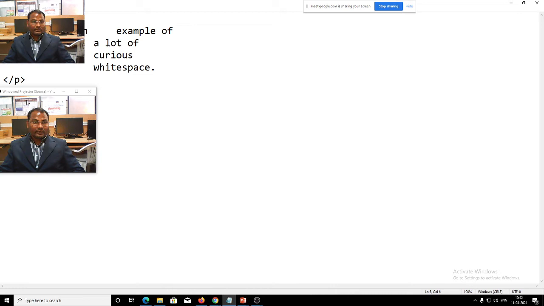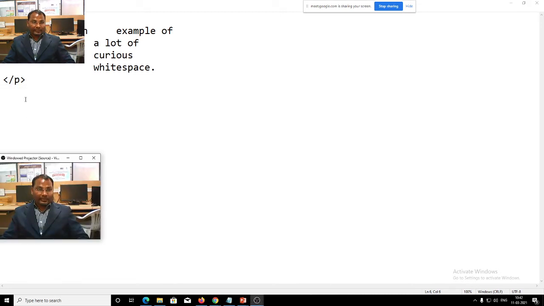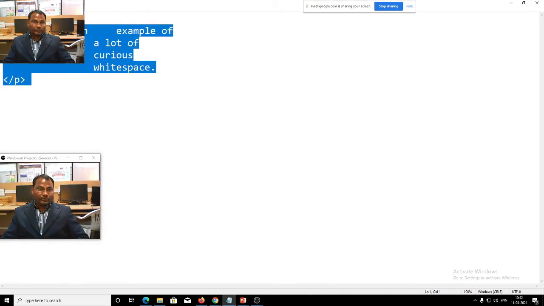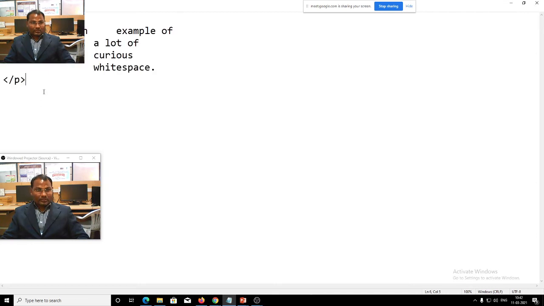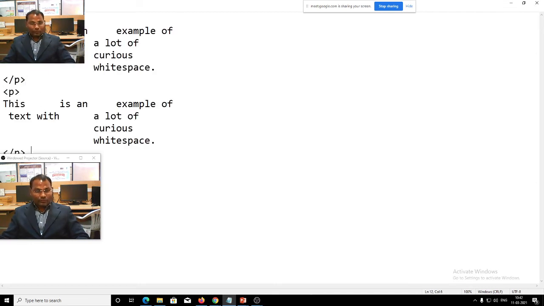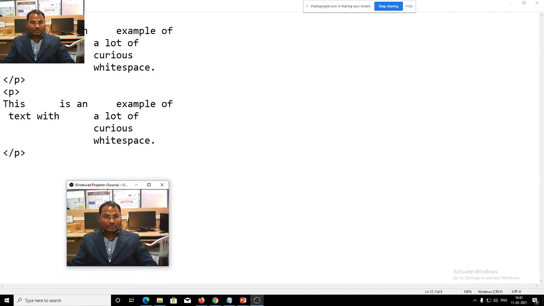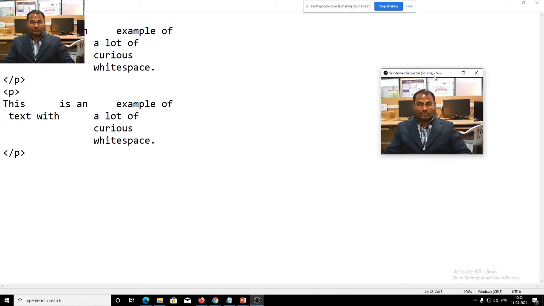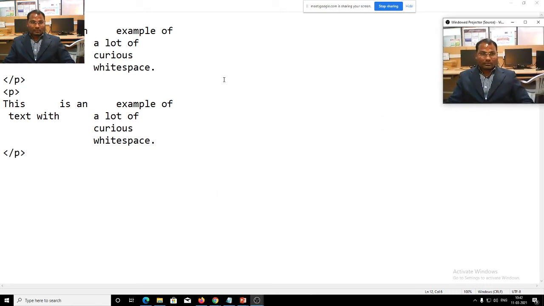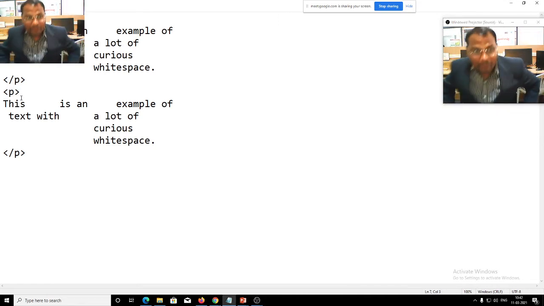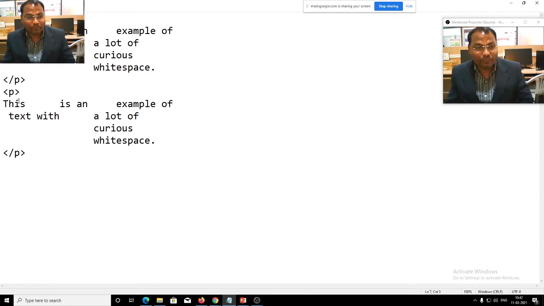instead of the p tag, the pre tag, then you see the output of this. Now I am copying this code. We use a paragraph here, but in the output there is the pre tag. Pre means pretext tag, pre for pretext.